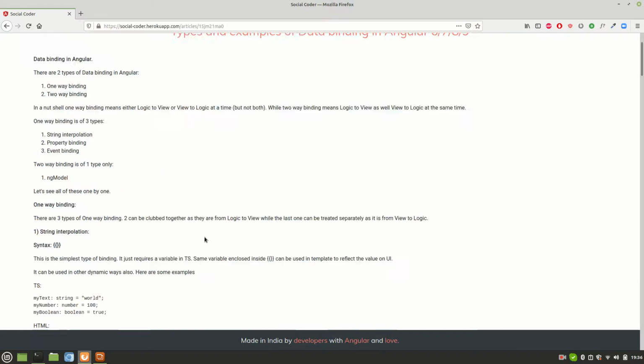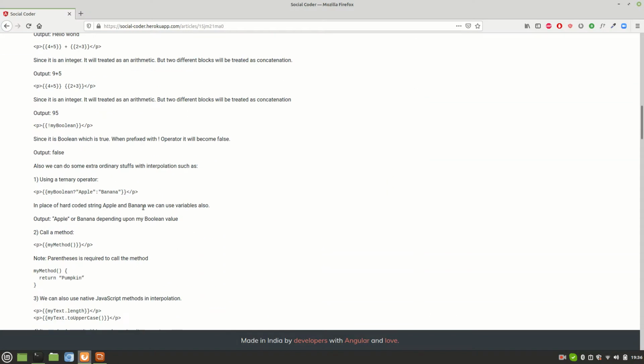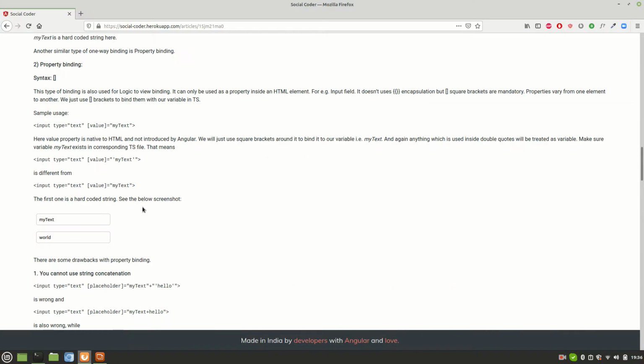You can have a look and go through this article. I have discussed one-way binding, two-way binding in great detail, all these three points: string interpolation, property and event binding, with examples. I do not have a video right now, so maybe if time permits, I'll create a video on that as well.